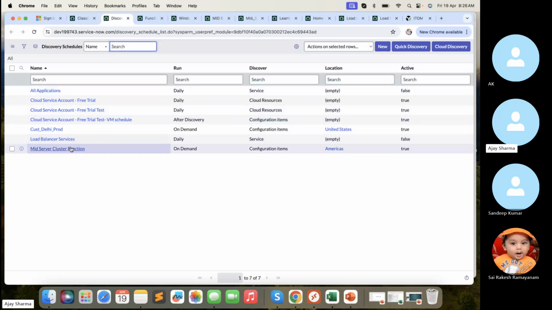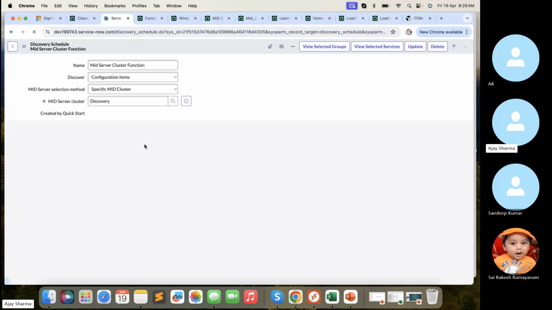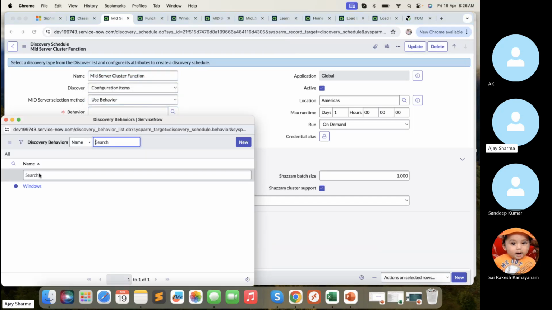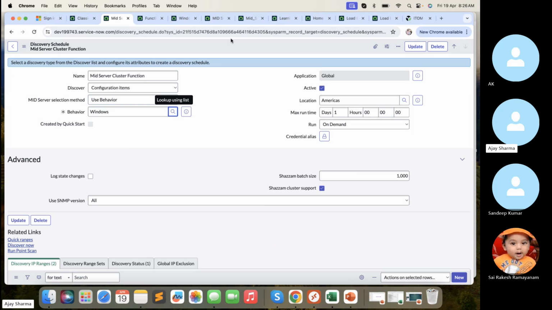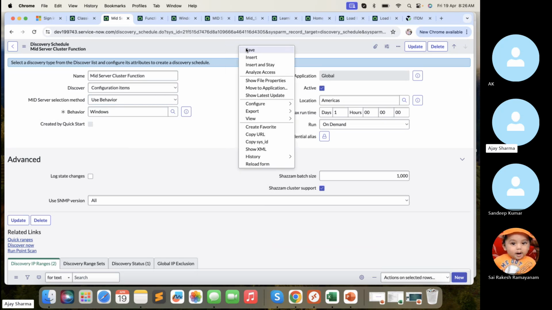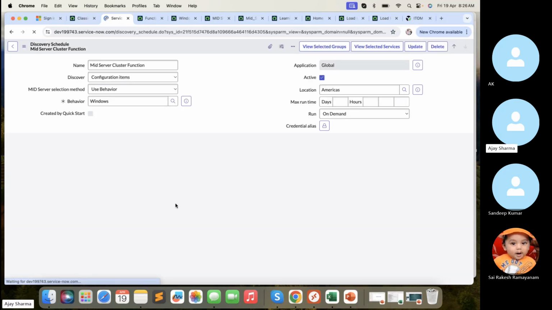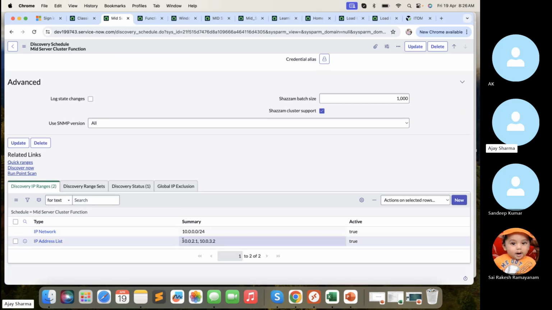Again, let me open this existing discovery schedule. When we are selecting clusters, we can select the behaviors, and here I can select the Windows behavior. So what will happen in that case, if we have selected Windows behavior and already attached a MID server to that behavior, whatever IP ranges and different flavors of devices are there, it will trigger only the Sesam probe for